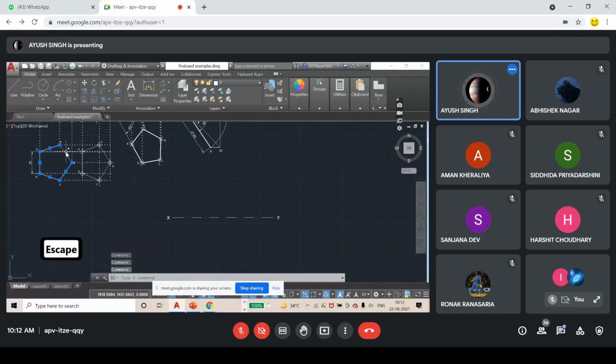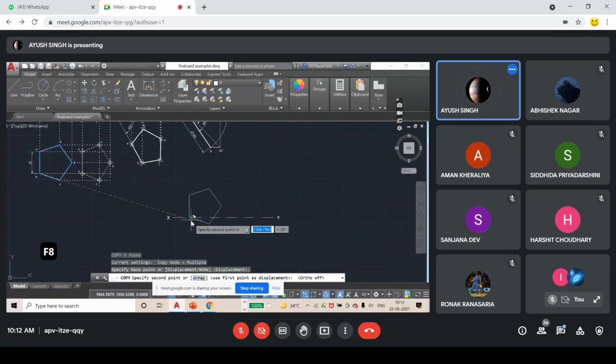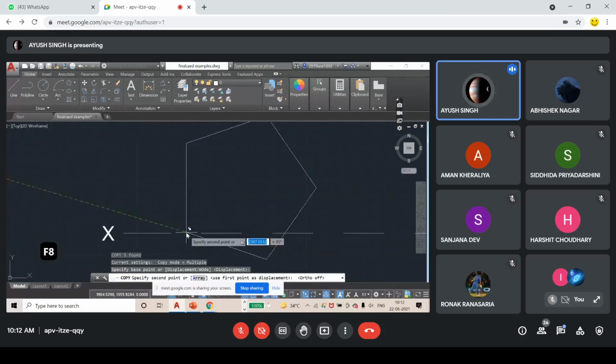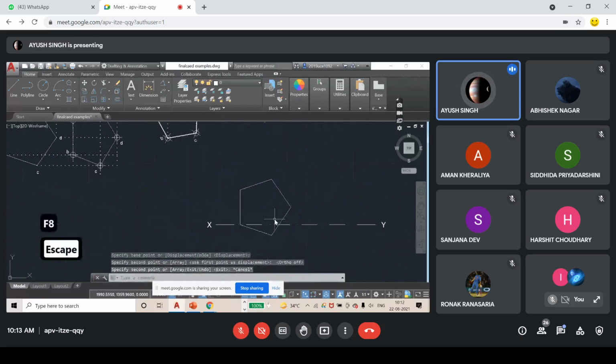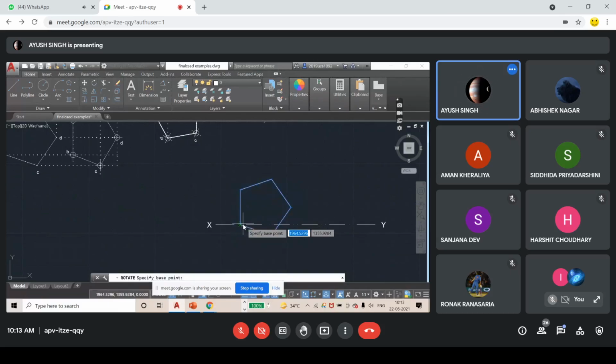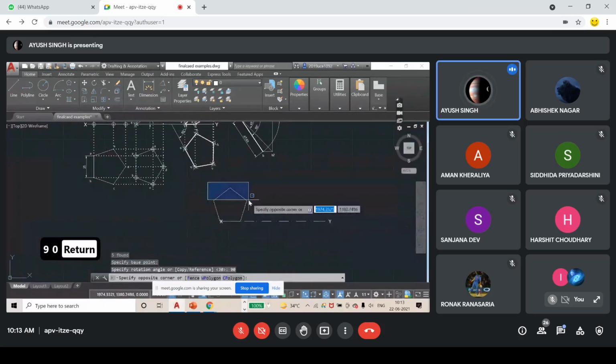Copy this, similar 25 mm, and place it here. Remember the use of the move tool. Select it and rotate it by 90 degrees, and you have to select it again, I guess.